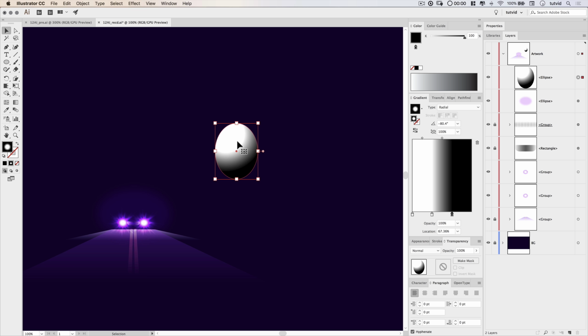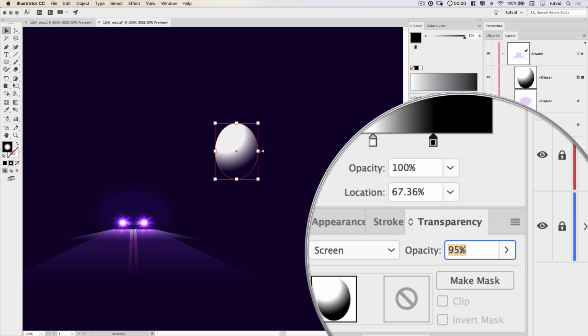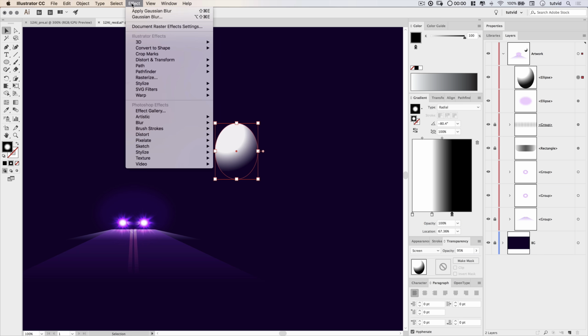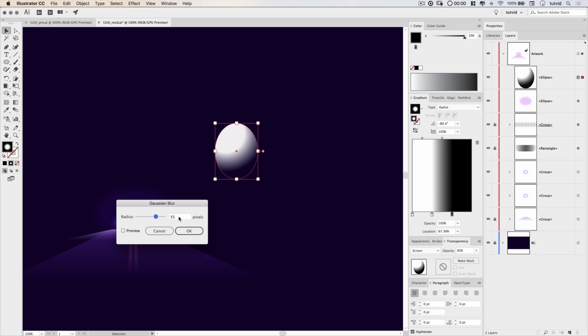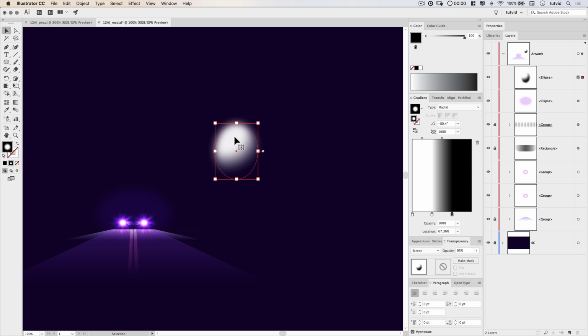It doesn't quite look like a headlight reflection yet, because what we now need to do is set this to the blend mode of screen, which is going to drop away the black bits. Let's reduce the opacity just a little bit, just to take some of the sting off of it, allow that dark road to soak up a little bit of the light. I went with a 95% opacity, and we're going to give this kind of a heavy blur. So Effect, Gaussian Blur, and we're going to blur this like 45 pixels. Hit OK, and you can see the effect that we've got happening right there.